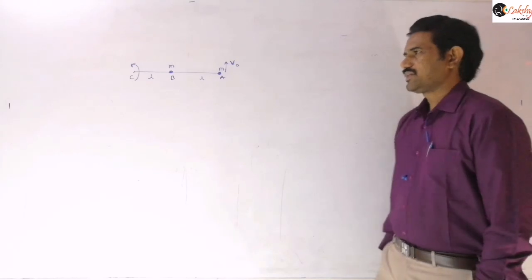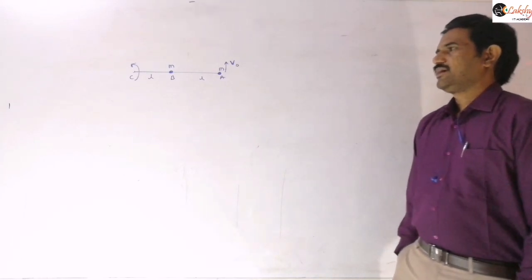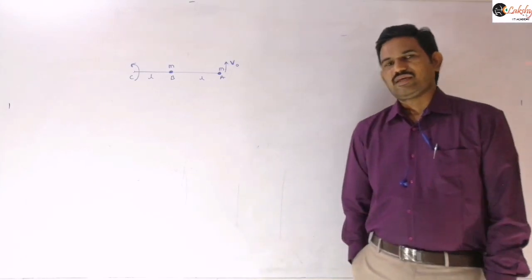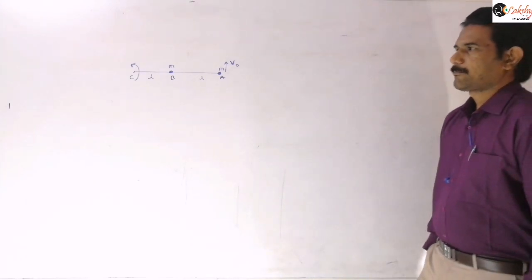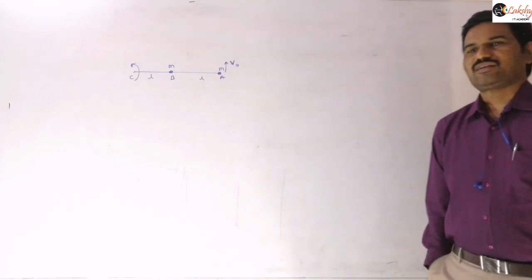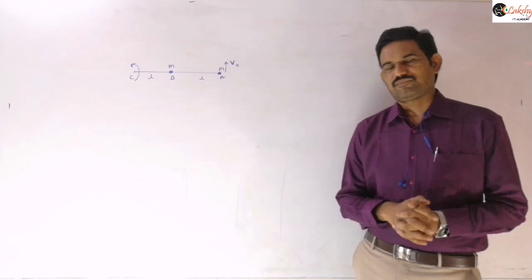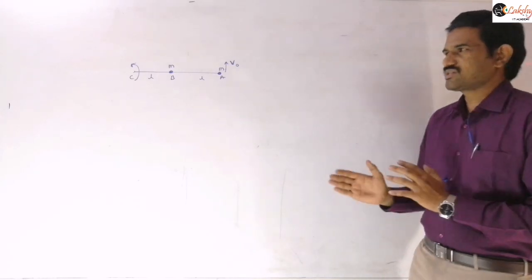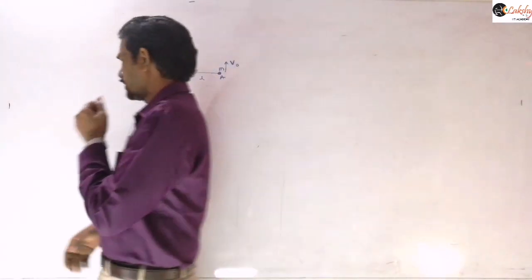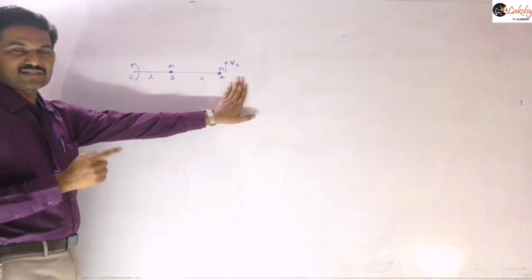If the speed of the particle A is v naught, then find the ratio of tension in the string AB to tension in the string BC. Right? So we need to write the force equations, and from the centripetal force equations we need to write them. First of all, the speed of this particle is given as v naught,